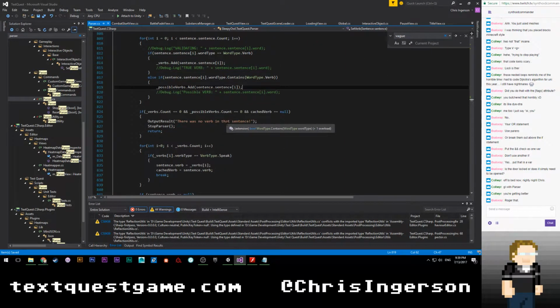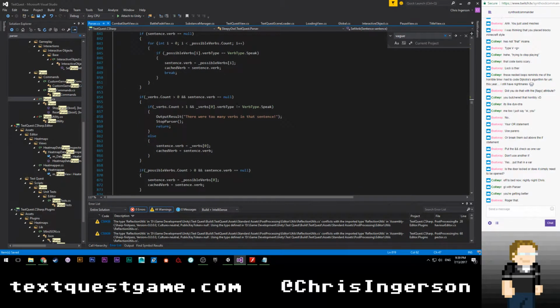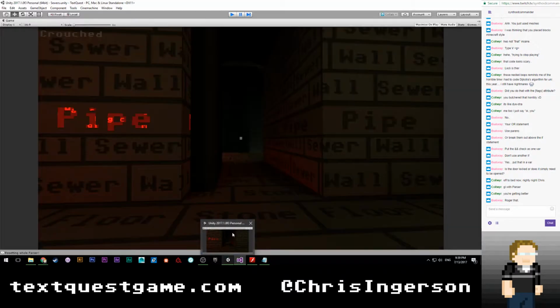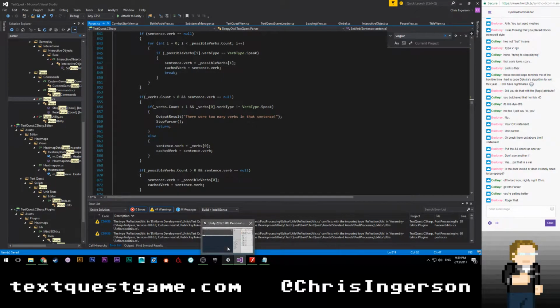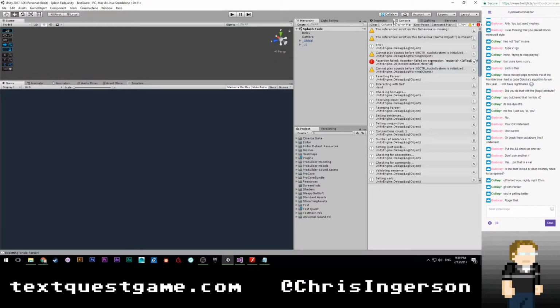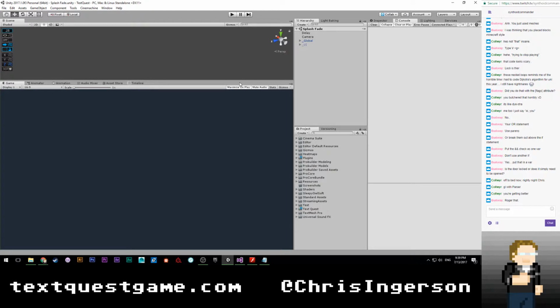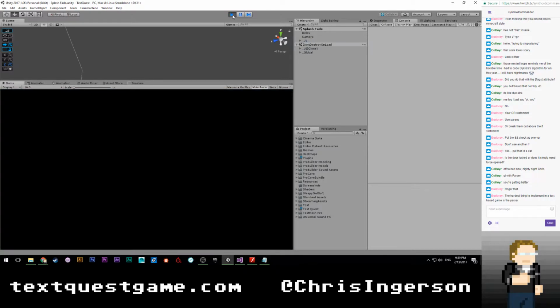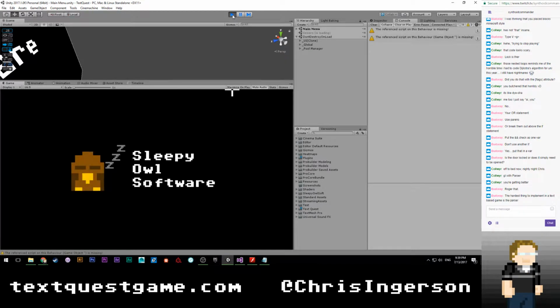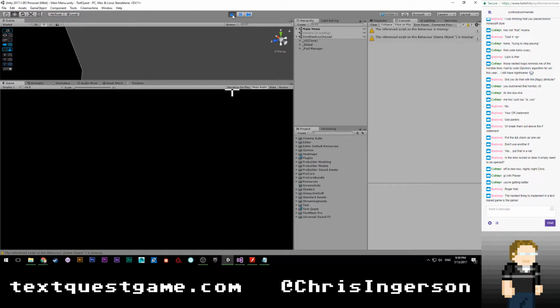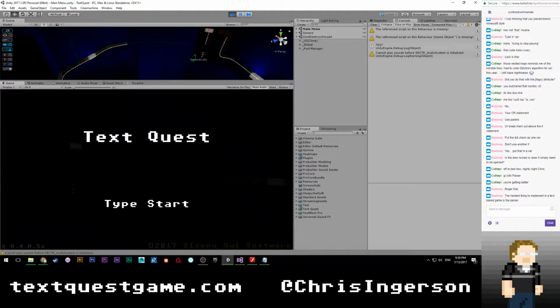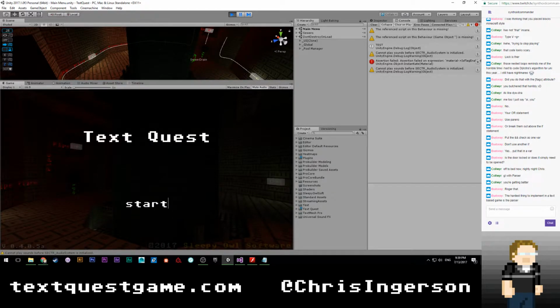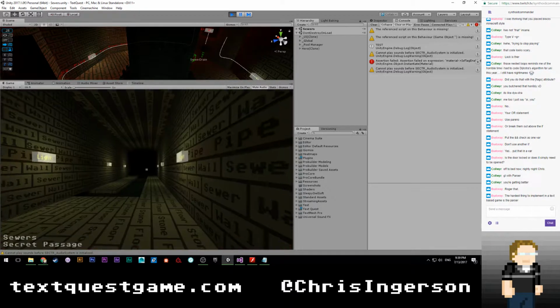So set verb, sentence. I think what's going to happen is, I've got to wait for it to stop playing. We're going to clear this, and I'm going to not maximize on play. We're going to keep an eye on the console. Beyond the fact that a parser is just difficult to code, if anything goes wrong with it, it's immediately apparent, and people get frustrated because every mechanic is dependent on the parser.